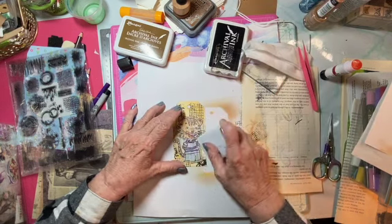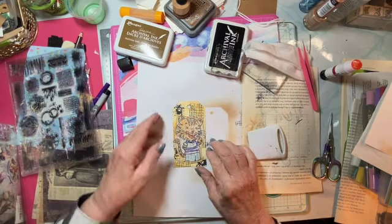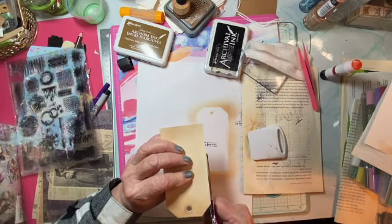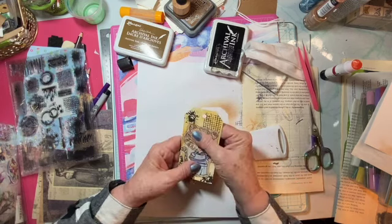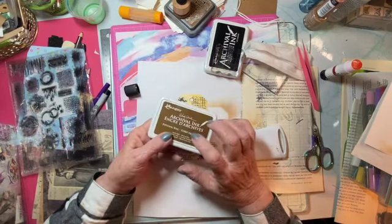So as you can see, I'm putting this on here and I'm thinking, I shouldn't have used black. I shouldn't have used black. So just do a little trim, just to have all of the little overhang gone. And I'm looking and I'm thinking, I should have used the brown. Yep, that's...